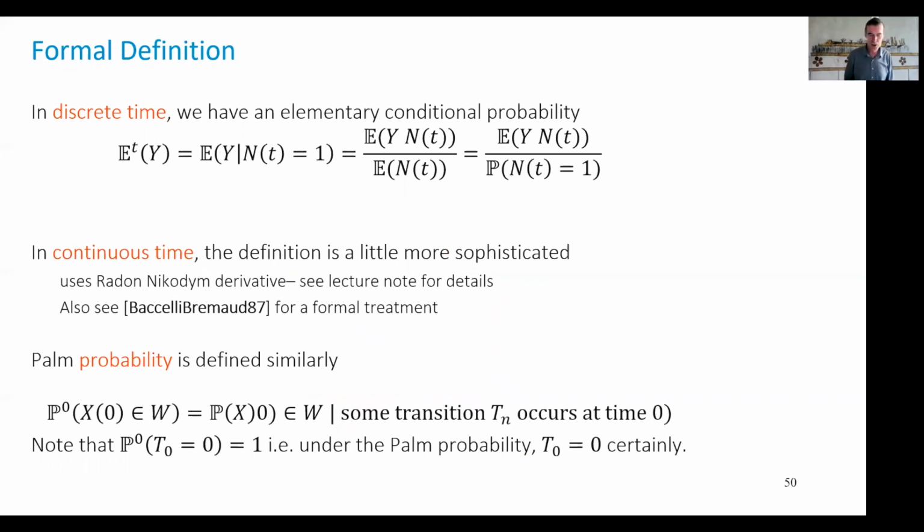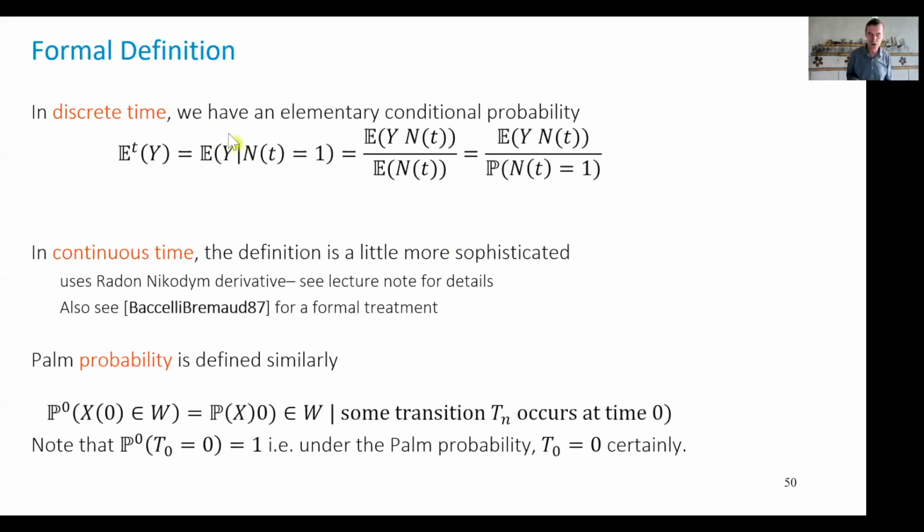I spoke of conditional distribution. Strictly speaking, this is true only in discrete time, which is not very nice. In practice, we always reason in continuous time, but I'll make an exception here because otherwise the math becomes unnecessarily sophisticated. In discrete time, it's very simple. What does it mean to take the Pam expectation given that an event occurs at time t? In discrete time, I can put a sequence of zeros and ones: at every time t, if an event of interest occurs, end of trip or customer arrival, I say n of t is 1, otherwise n of t is 0.